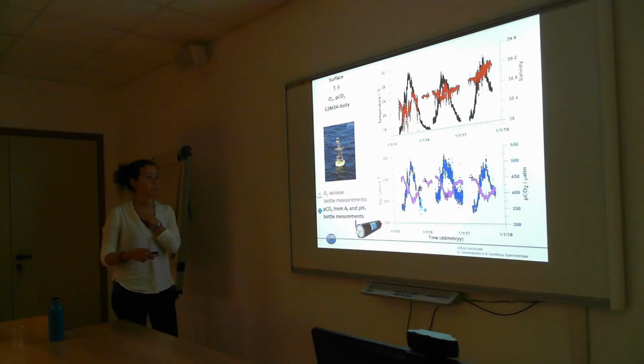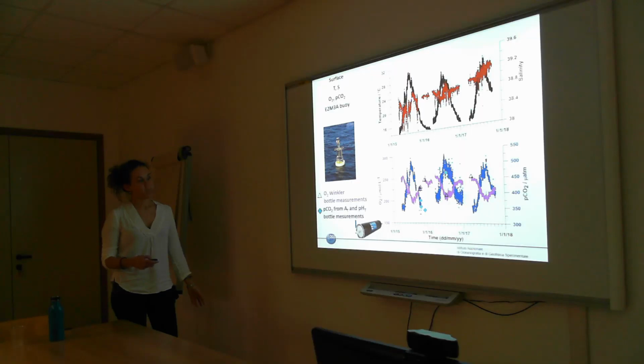This is more or less the same graph, but in this part we have oxygen and PCO2. So the trend of PCO2 is the opposite of oxygen. It's higher when the oxygen is low, so during summer, and it's lower when the oxygen is higher, during winter. But as you can see, we don't have really continuous data because sometimes the sensors didn't work, and